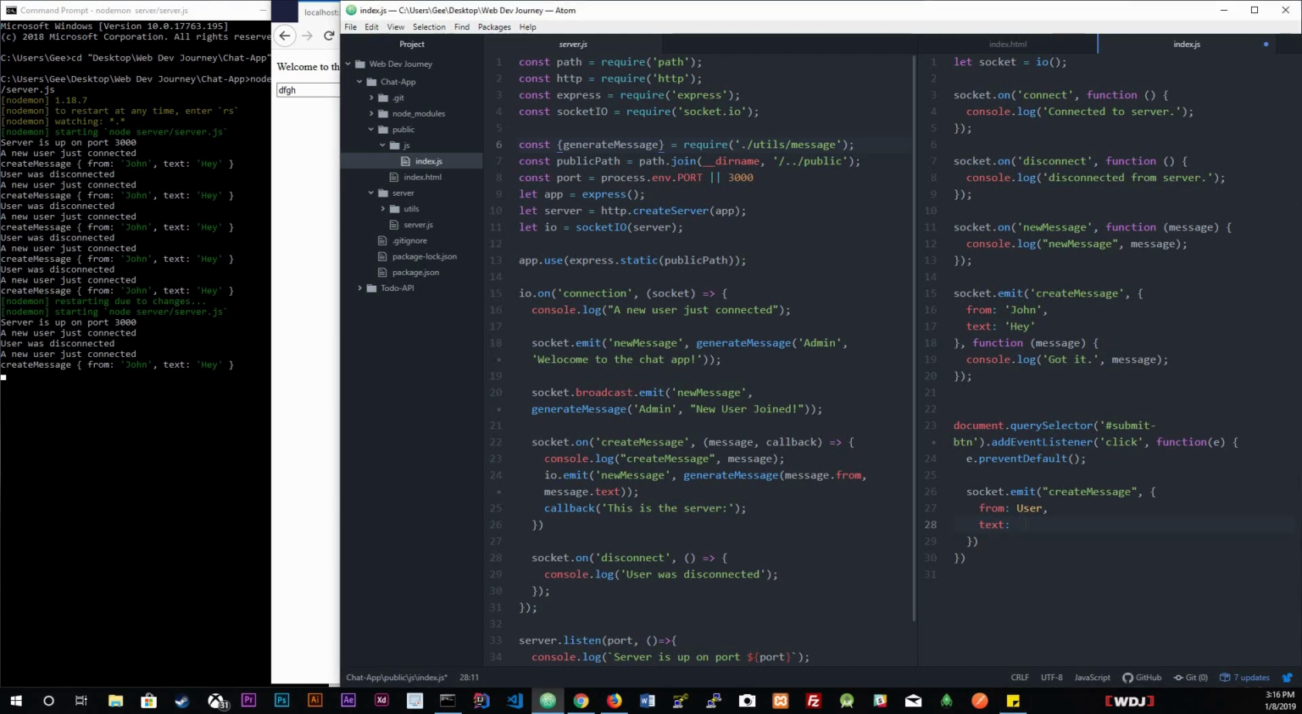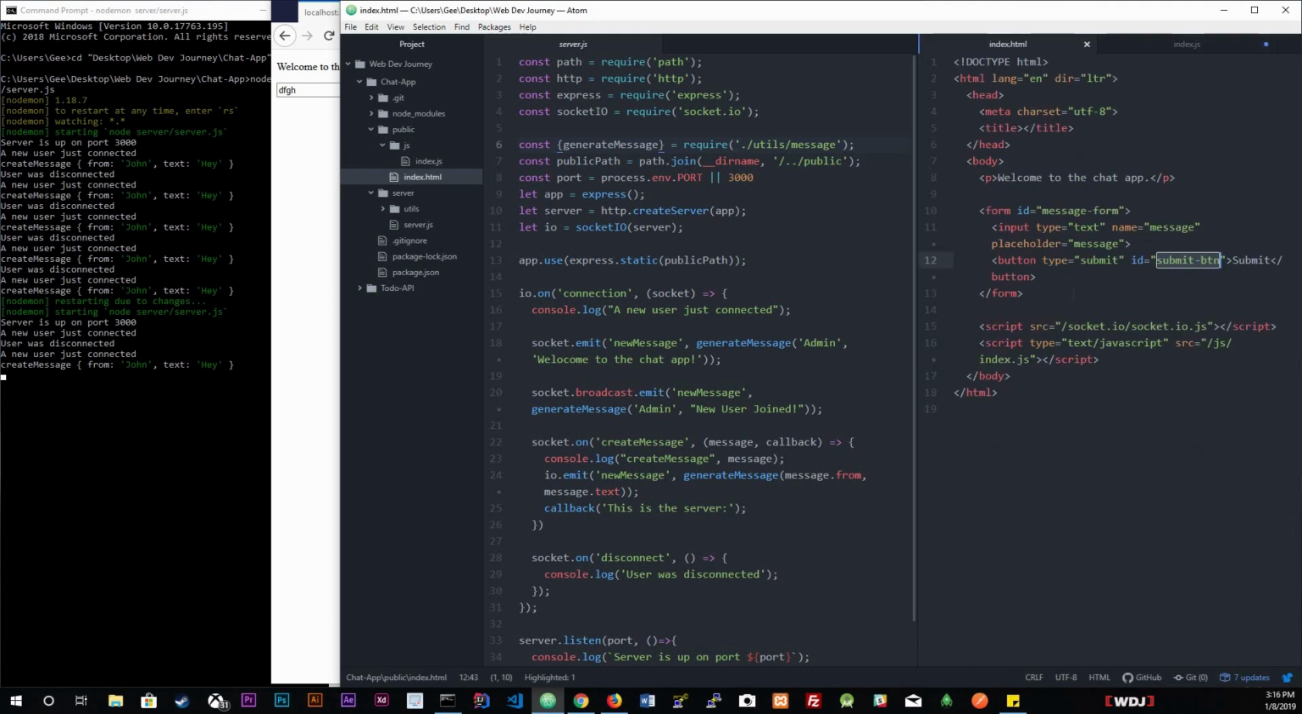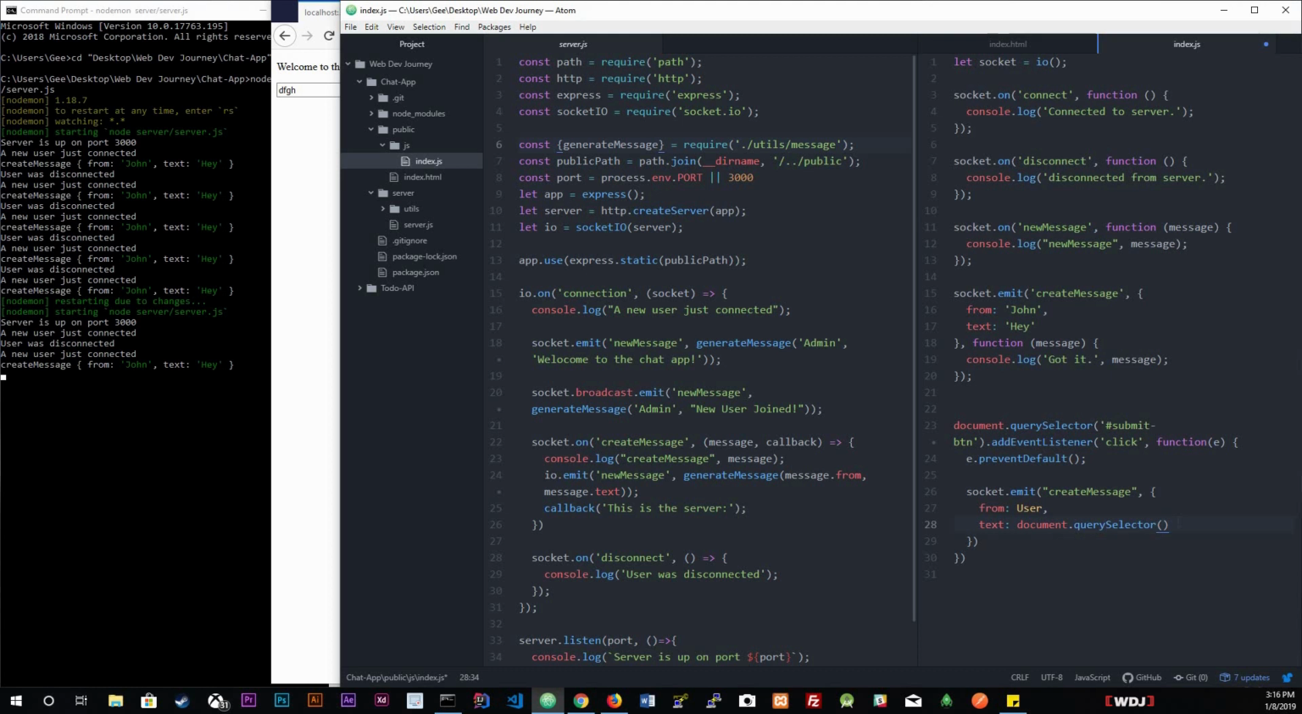So in order to do that, we're going to do document.querySelector. I'm gonna just copy this so I don't have to keep on doing that. Document.querySelector, and we're gonna grab this input right here. So I'm gonna grab it by this message. Okay, so I'm gonna just copy this. Our query selector is going to be input,